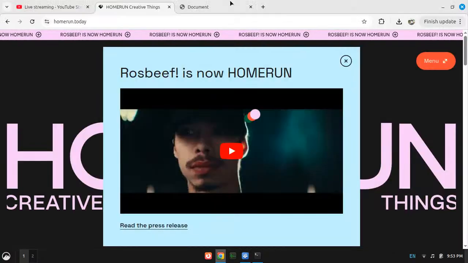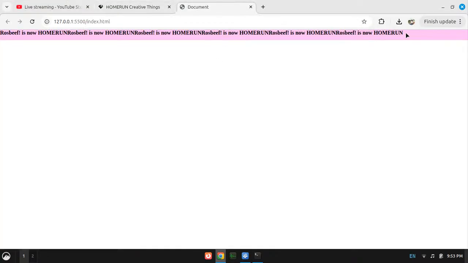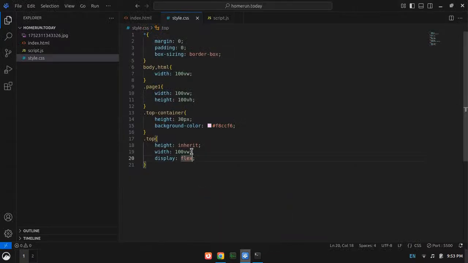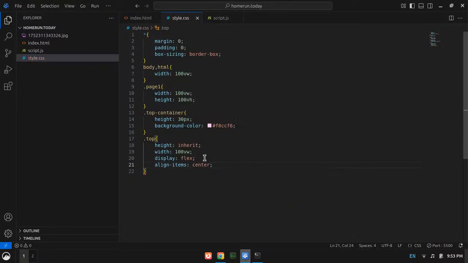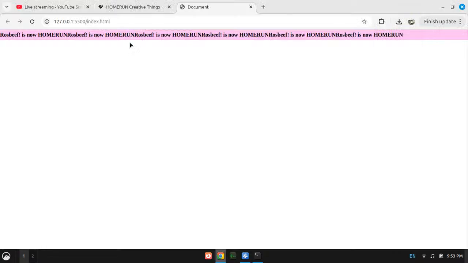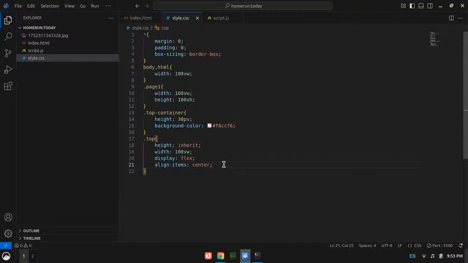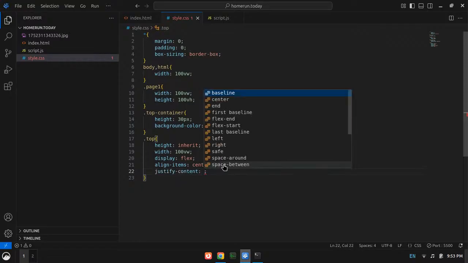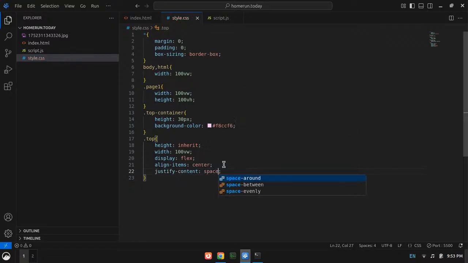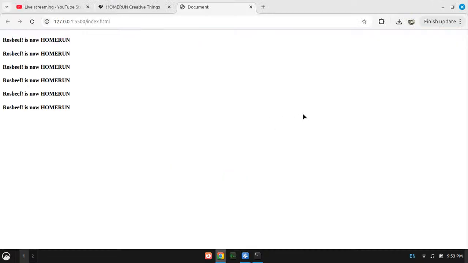So now what happens is we have all our text here, and align items should be centered. So this will center them in the vertical way, and then justify content, space evenly. Okay, yeah, it's all good.